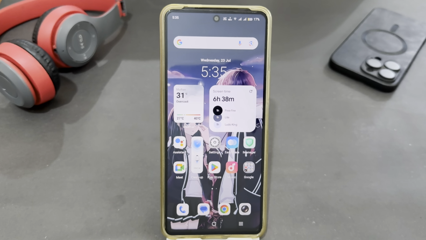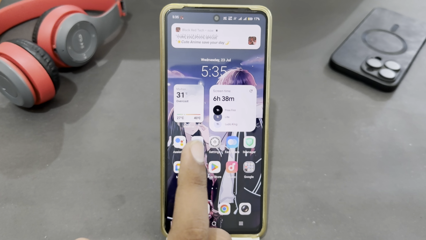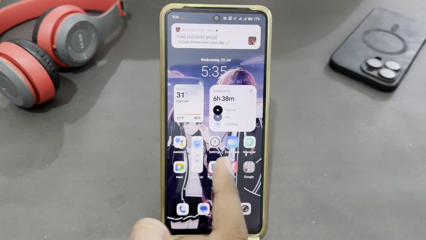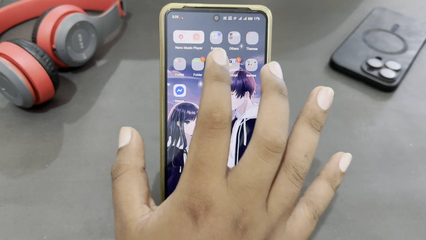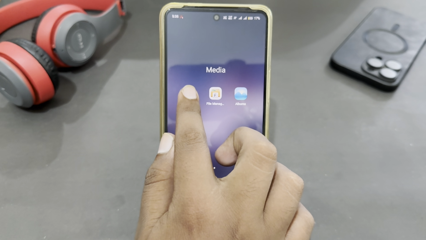So today I'm going to tell you how to fix the Files app not working on Android. If your Files app is not working on your Android phone, let's see how you can fix this. You just have to open your main home screen and then keep a long press on your Files app and